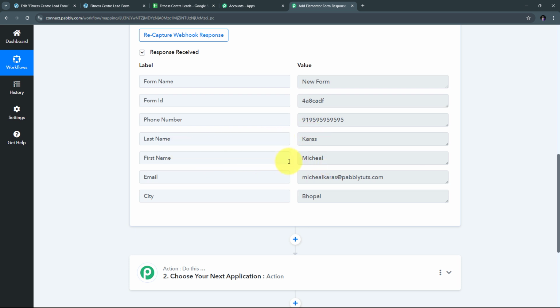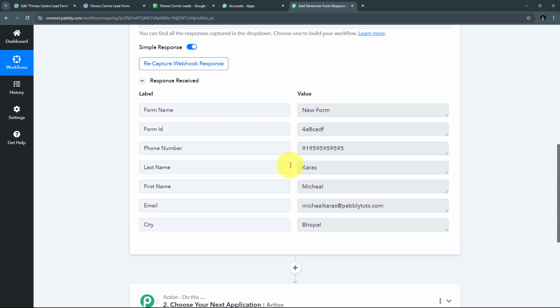And here I have the first name of my lead, that is Michael. I have the last name, that is Karas. I have the random phone number of my lead. I have the email address, that is michaelkaras@pabblytudes.com. And I have the city, that is Bhopal. So here we can see that as I have created a new form submission in Elementor form, then automatically I